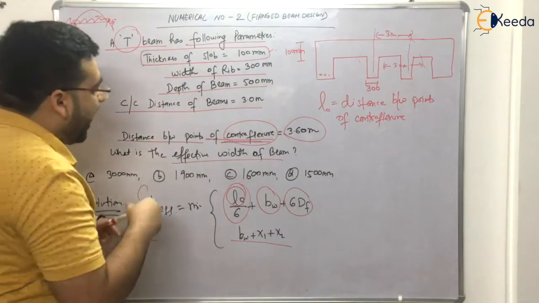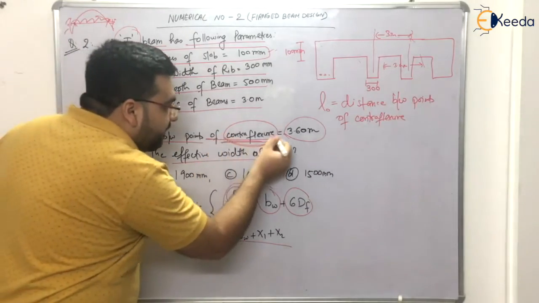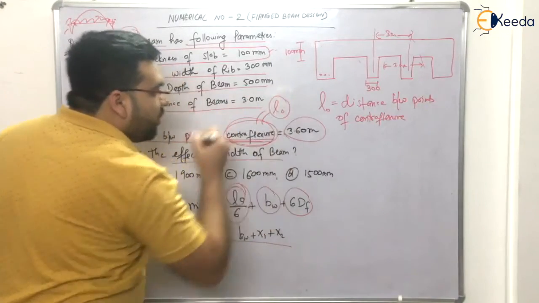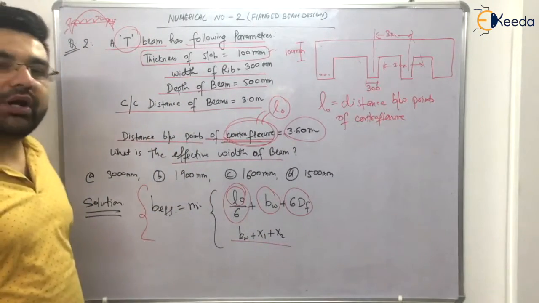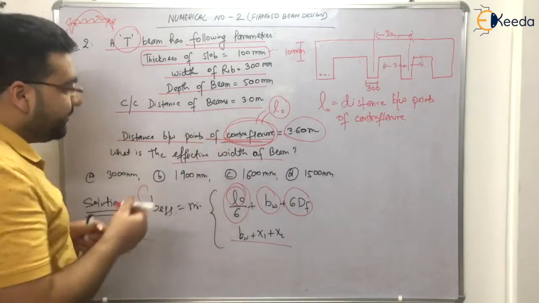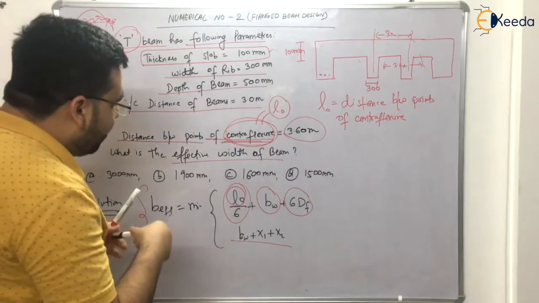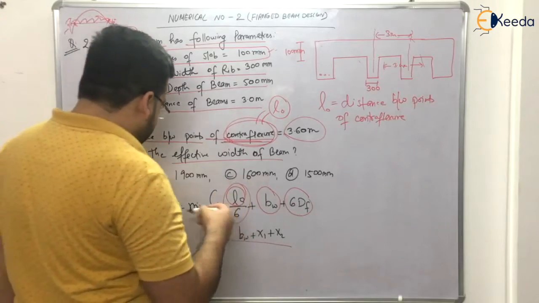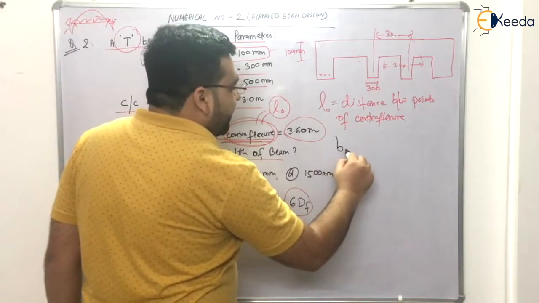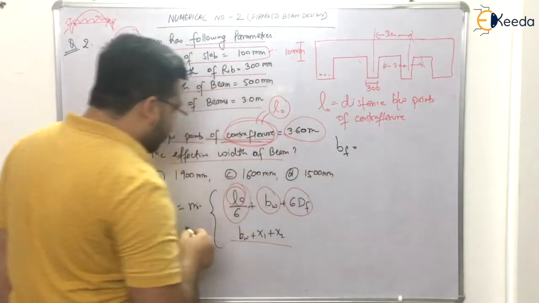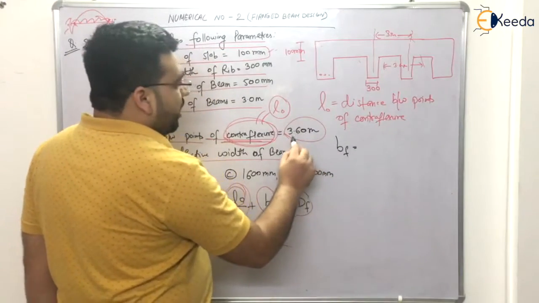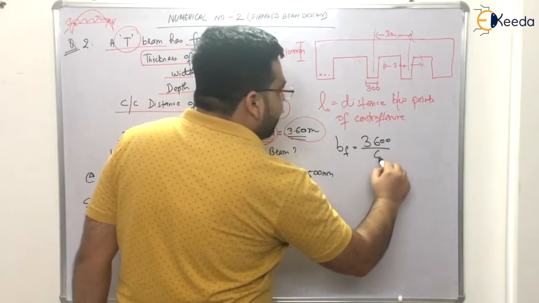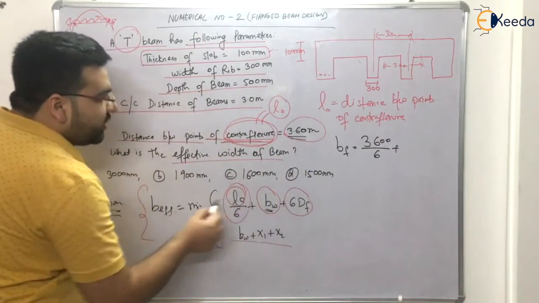So in this case you have to rely on the point of contraflexion. Here your L0 will become the distance between the points of contraflexion, right? If I apply this formula, L0 comes out to be 3.6 meters. So let me calculate it. B effective of flange will be equal to L0 by 6, now 3.6 meters is 3600 mm divided by 6, plus the width of the web or rib,